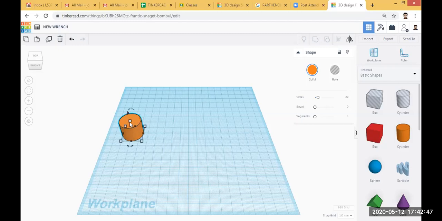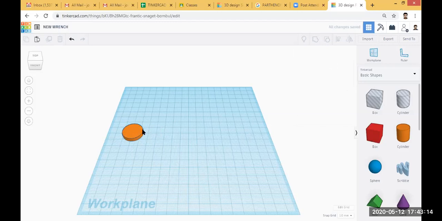Then next I want to change the height of this cylinder. So click the center dot and move it downwards, or you can change the dimension as say 4 millimeters. Use the tab button, click here, then click here and enter the value as 4, then click the enter button.